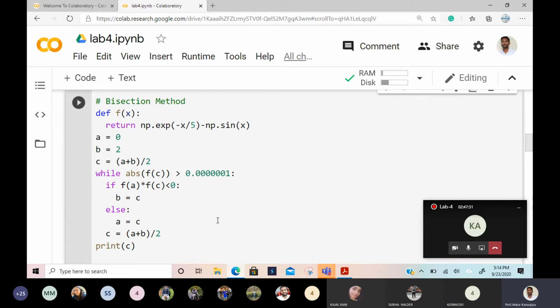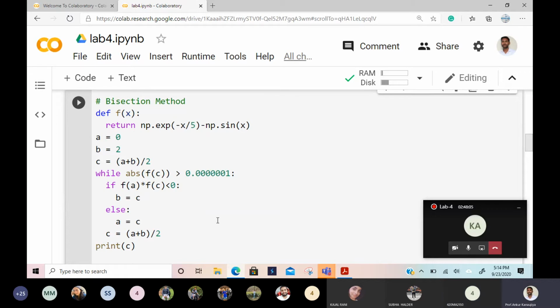Suppose you have the interval AB where the root is there. You know the bisection method, right? You divided it in two parts. Forget about f(A) times f(C). How will you decide which interval you have to choose? Sir, the interval which contains the root. But how do you know it will contain the root? You don't know the figure, suppose. Sir, one point is below the x-axis and one point is above the x-axis. Right, one point is below the x-axis, another is above.